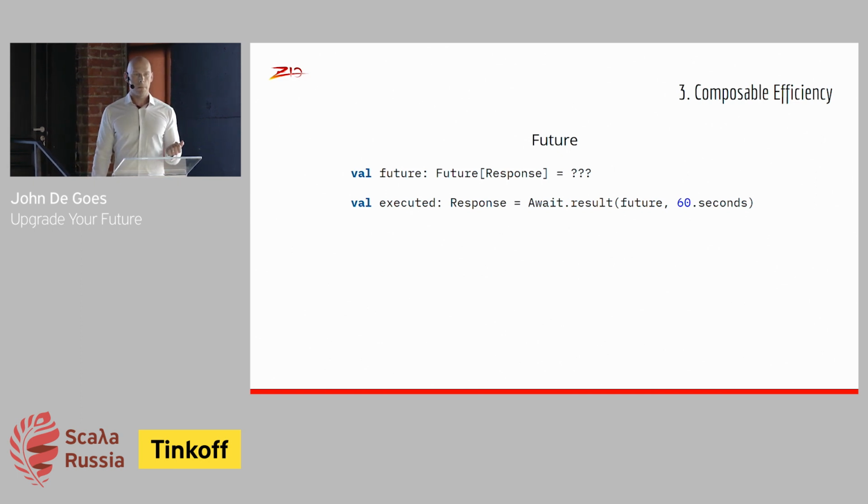Because what happens when that timeout is reached is the future continues to execute in the background. It doesn't stop. There's no way to stop a future. They just keep on going on and on. And so if you use this code, not only have you opened up the possibility of deadlocks and circumvented some of the benefits of async programming, but also you've created background threads that are off doing computation, and that leads to thread leaks. Too many of these in your code lead to really nasty profiling scenarios where you have hundreds, maybe in worst cases that I've seen, thousands of threads in the background doing nothing, computing a result that will never be used.